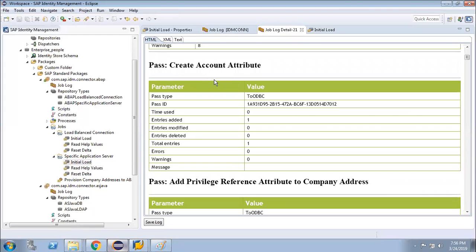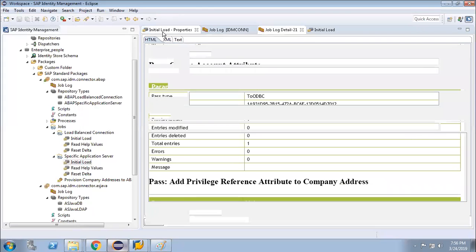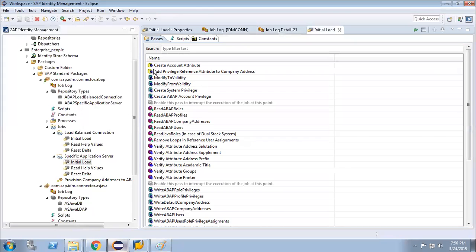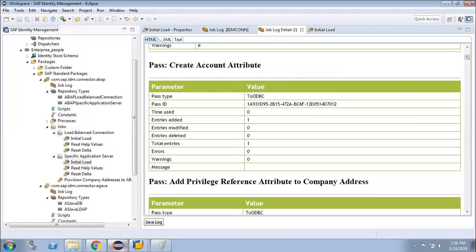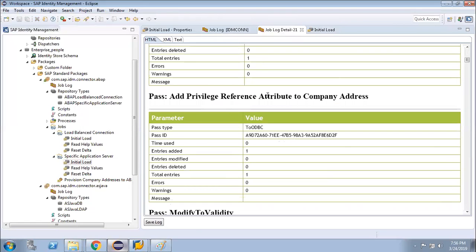Here the create account attribute is passing. The entries added is 1. The account attribute is created. So that means the first step, account attribute creation, is successful. The second part, add privileges reference attribute to company address, is successful.